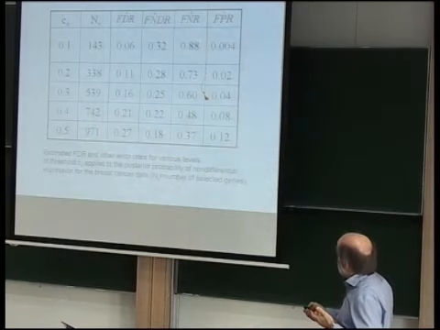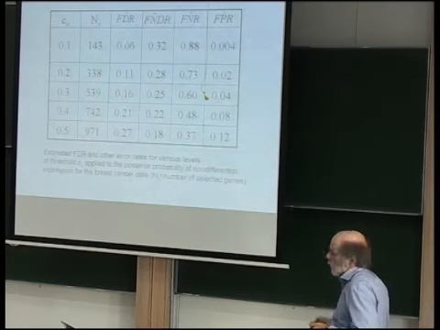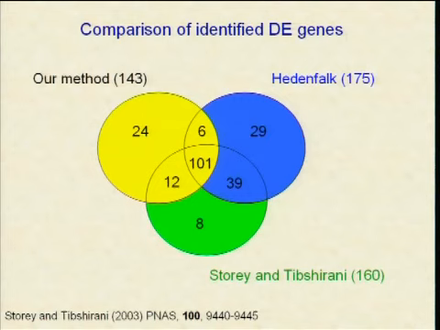And so it gives you some idea that as you vary the threshold, how this error rate's going to fall, but then this other one goes up. So it's something that the user can decide. I won't dwell on this, but